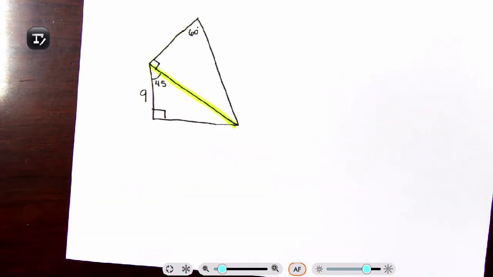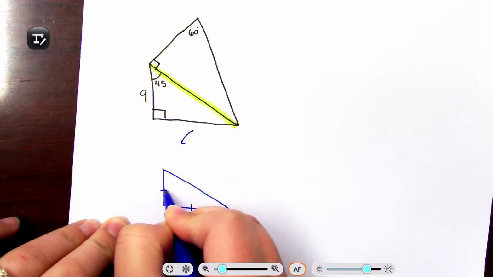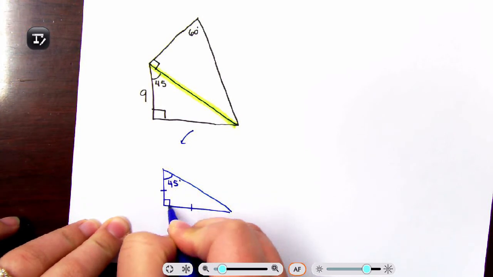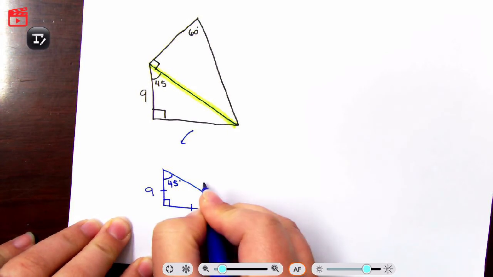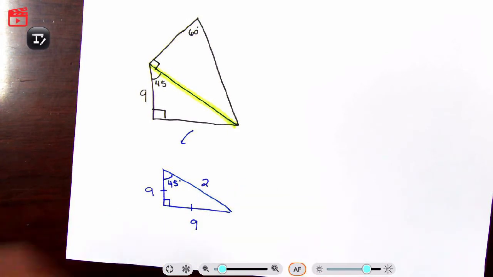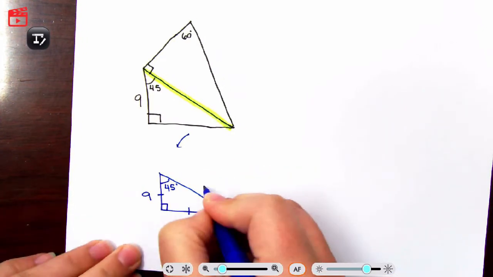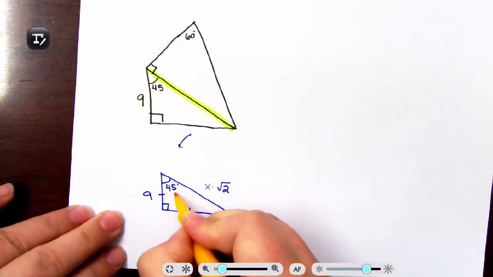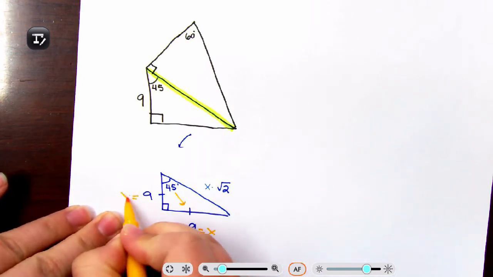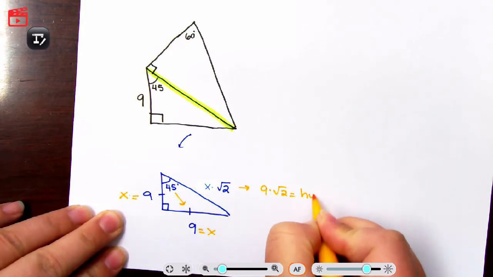So I'm going to take this 45 triangle first. I know that in a 45 triangle, we have 2 congruent sides. So if this side is 9, this side is 9. We also know that x root 2, forgot which triangle I was working with. This is x times the square root of 2 is your hypotenuse. So let's go ahead and mark this up. This is x, and this is x times root 2. So that means 9 root 2 is your hypotenuse for the